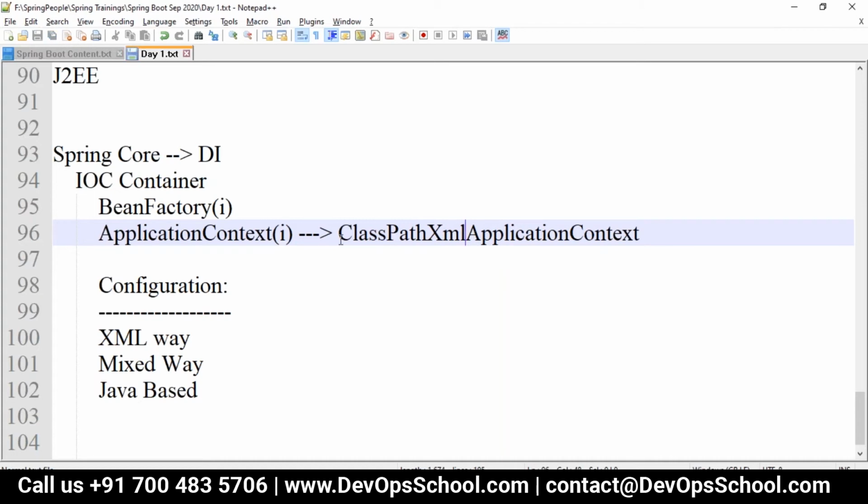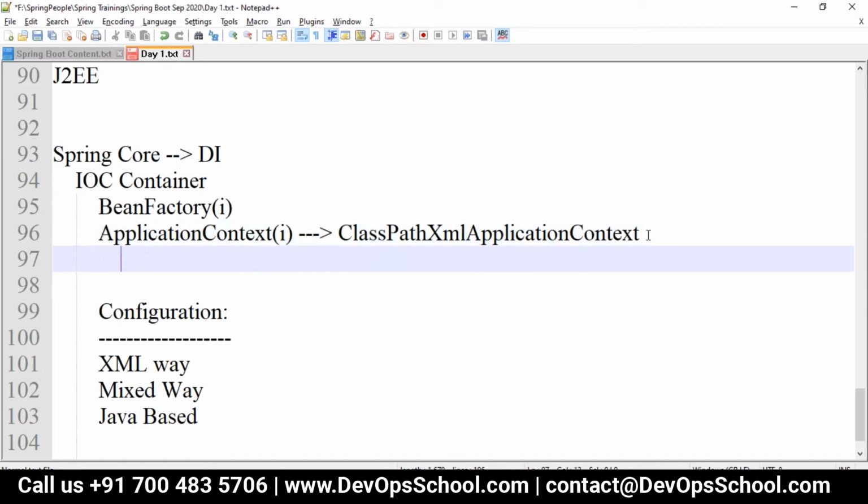When you create a Java project, the class path will be like the src folder. If the XML file is present there, we can go with ClassPathXmlApplicationContext. If the XML file is not present in that path and may be somewhere else, you have to go with FileSystemXmlApplicationContext.